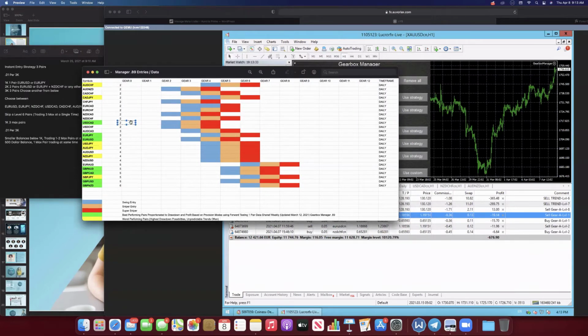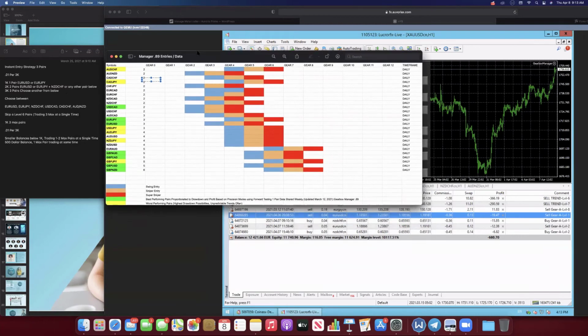Whereas you see on Precision, EJ, we're not entering until sniper mode gear 5. I mean, we're waiting for a large move in Precision on sniper to enter, even swing gear 4. But you can get in on 0 and 1 if you're using intraday. So again, remember, the risk is just higher if you compare it to the pairs that we do run. Also, keep in mind your balance.